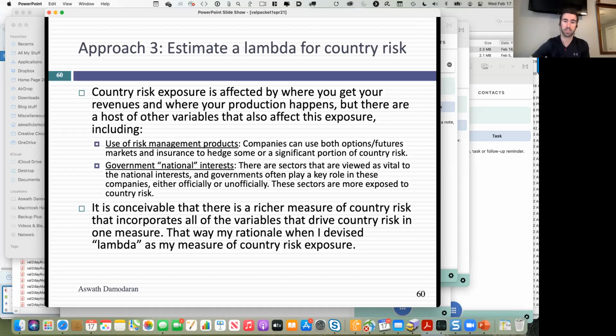So what about an example where you have a services company, let's say consulting, that gets all of its revenues from US-based companies, but some of their clients, if they have business and operations outside the US, do you have any sort of trickle down ERP, or do you take that into account?